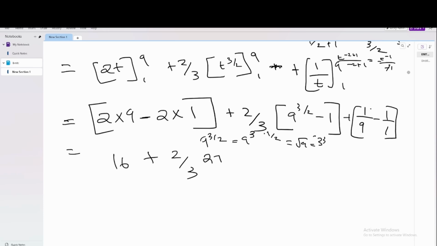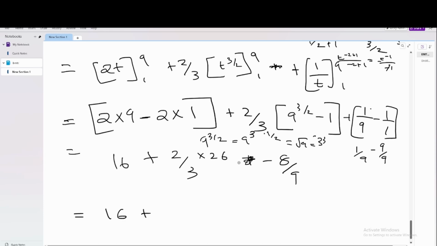So 27 minus 1 is 26, into 26, plus 1 by 9 minus 1 by 1, which can be written as 9 by 9. So 8 by 9 minus 8 by 9. So the final answer is 16 plus 52 by 3